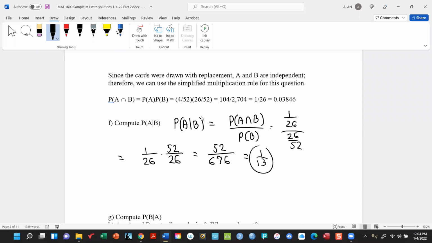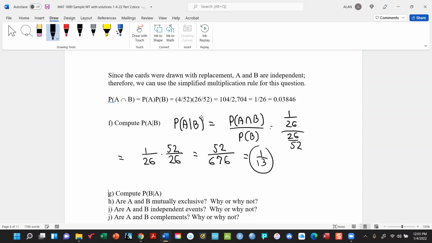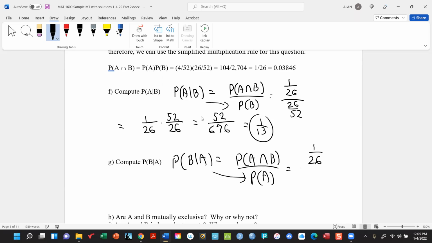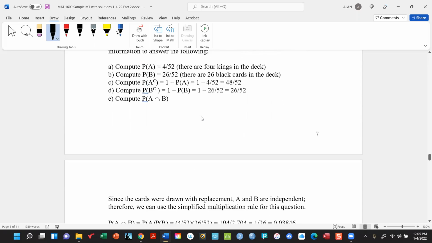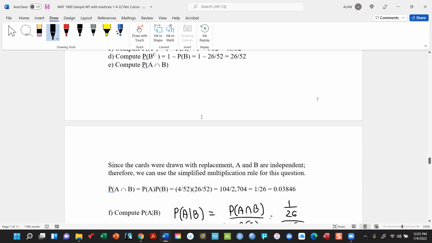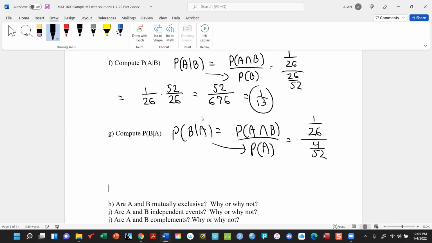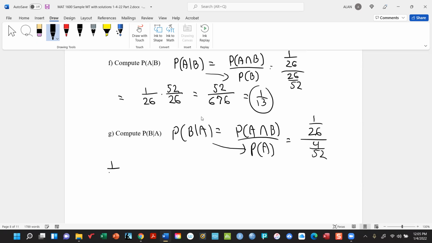So let's do the next one. Now for this one, the only thing that changes is the denominator. This is the one that goes in the bottom. A and B is 1 over 26. A, as you recall from earlier, has a probability of 4 over 52. Algebraically, it's the same thing as